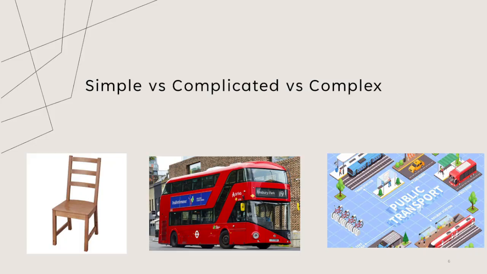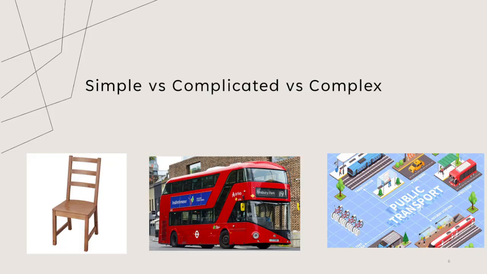Let's take an example to explain these differences, just to give you an idea. On the left-hand side, you can see a simple wooden chair. The design of this chair can be classified as a simple problem, because a chair consists of parts, and we could put these parts together, which by now we know how to do, because it's really straightforward. You've got different wooden parts, maybe other types of material. You just put them together. You have a design in mind, and voila, you've got a simple chair to sit on. So this is a simple problem.